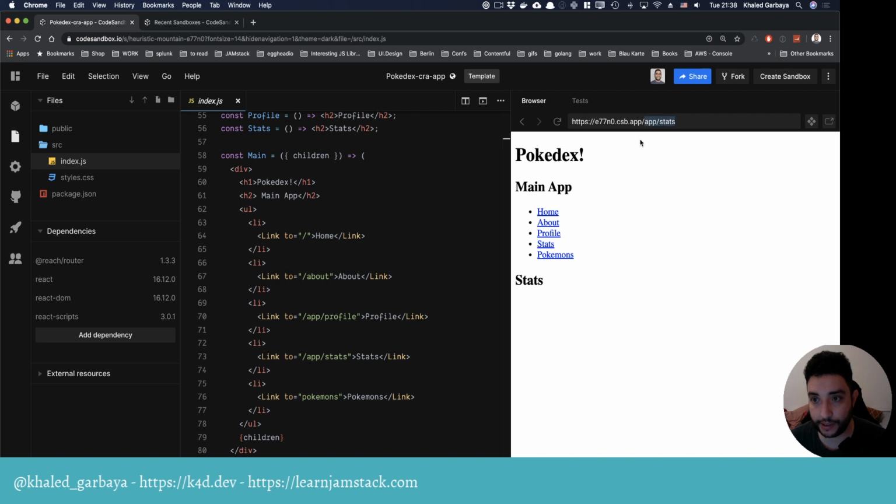This is with the routes, like app stats, and then when I click on Pokemons, now I can see my Pokemons, and I have 4 here. One of them is Bulbasaur, and then Ivysaur, Charmander, and then Squirtle. And then when I go home, this will disappear. And this is part of my upcoming